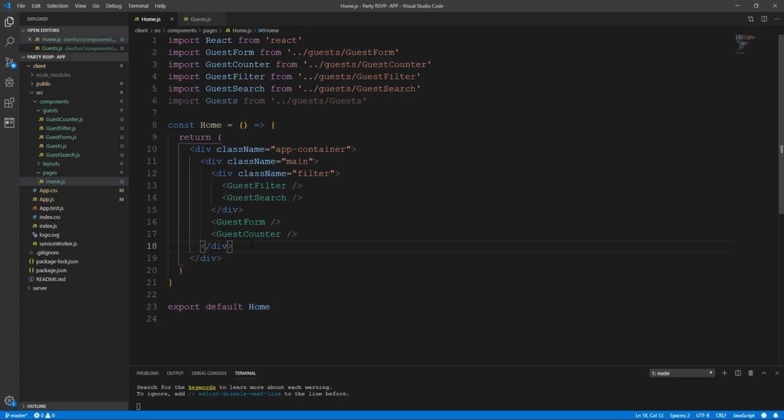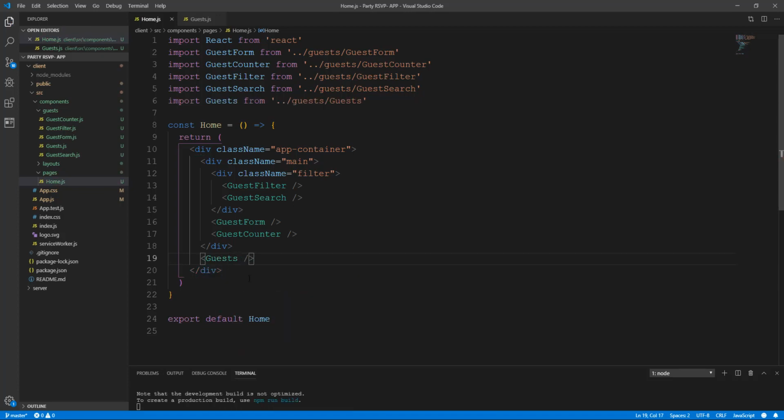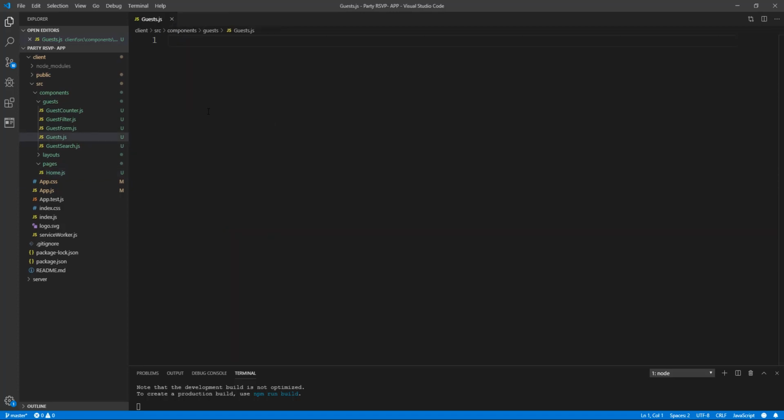And then we're going to put our guests just below this main div. Okay, so just here. Guests, then we will close it, and we are pretty much done with this home.js. So I'm going to close it for now, and then we're going to go into our guests, and here we're going to say